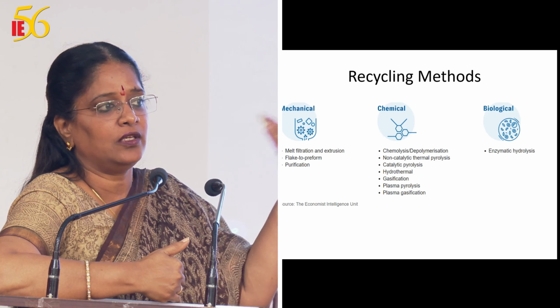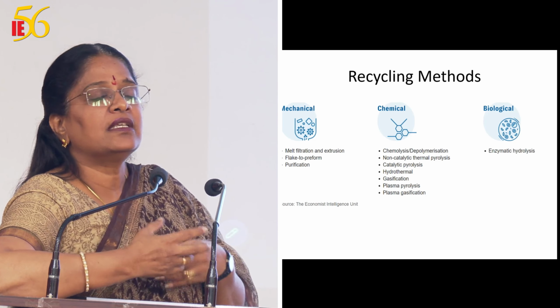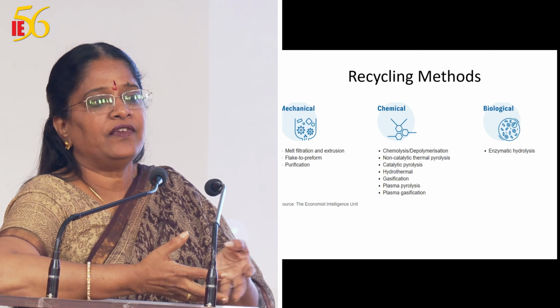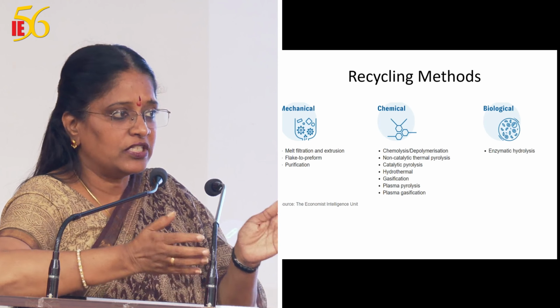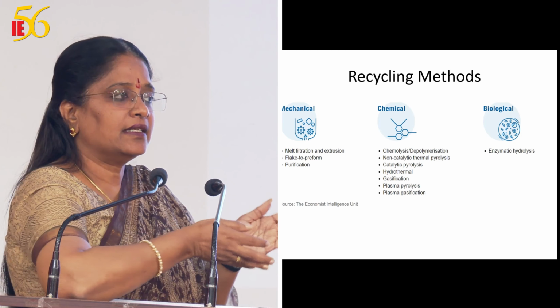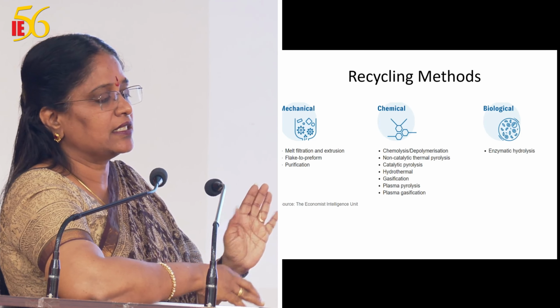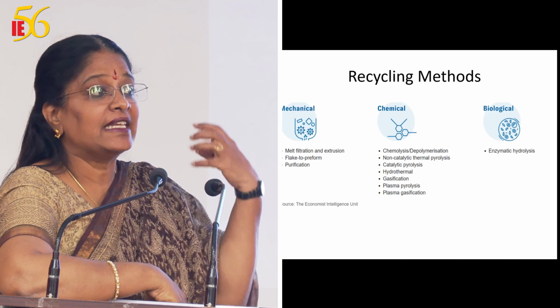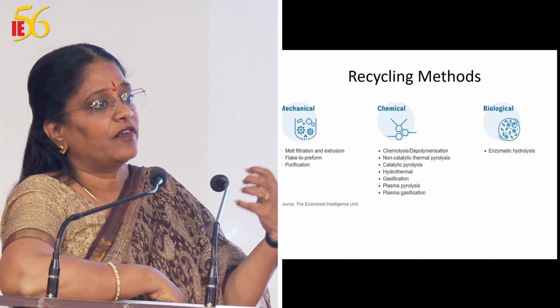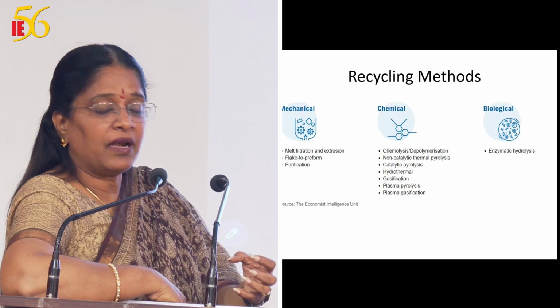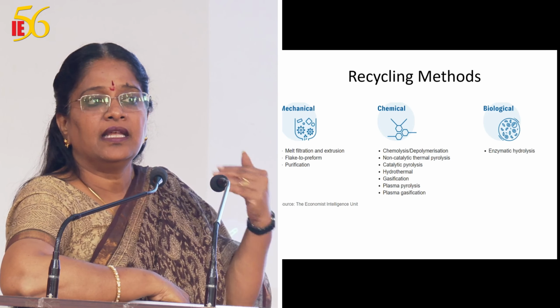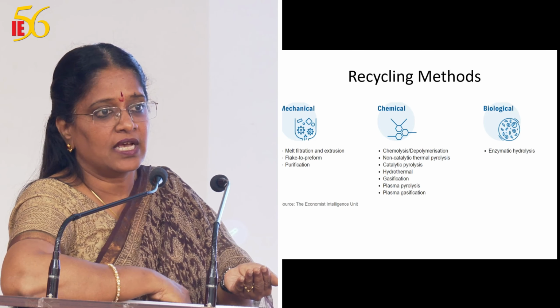It doesn't have the same value as the original, because of the mixed nature of the plastics going into the waste. If we are all segregating and there is homogeneous waste, and you can also do a pre-segregation of different colors, then the value addition is more. So again, segregation is key from the household. Clean, segregated plastic is required,